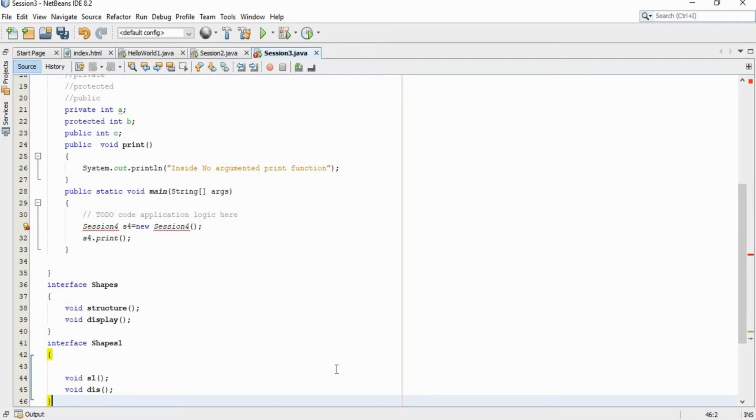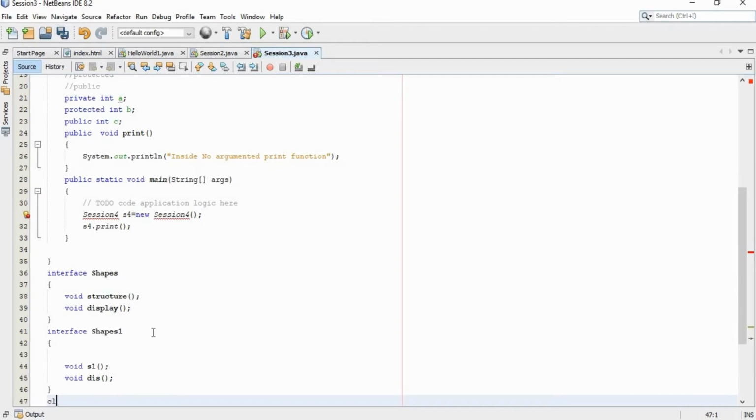Now I am going to inherit a class from these two interfaces. We learned in the previous session that multiple inheritance is a type of inheritance in which a single class is derived from multiple base classes. So we can create another class called rectangle implements shapes, shapes1.